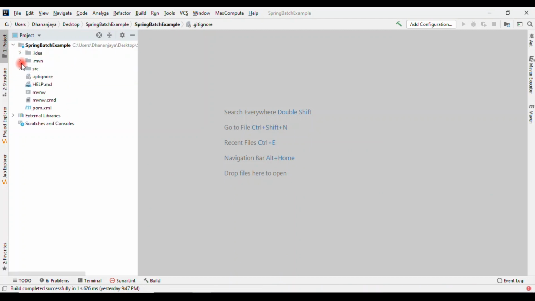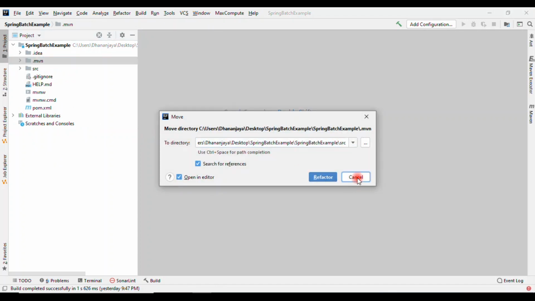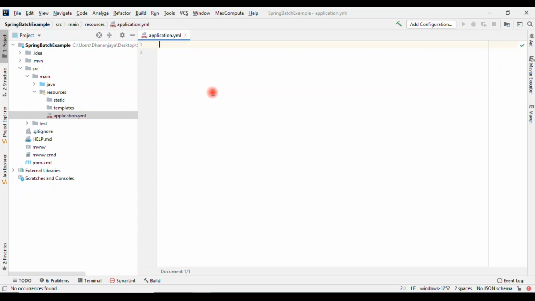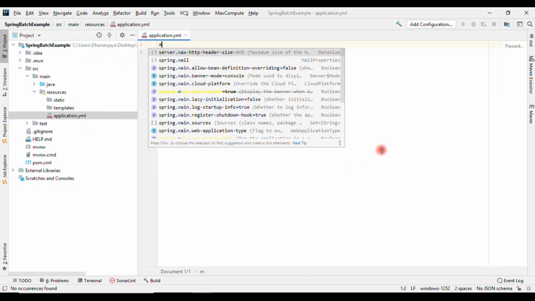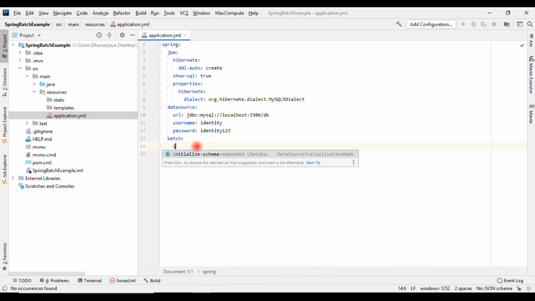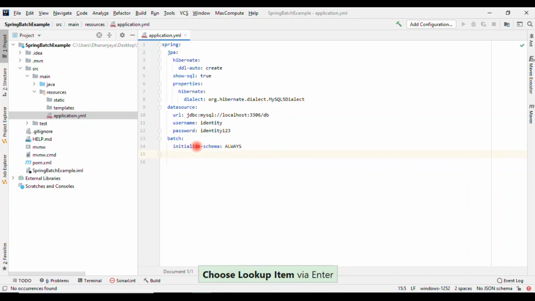The Maven structure is ready now. Let me go to the application.yml file. For MySQL I have a live template, so I will insert the live template here. Plus, here we need to add two more batch-related properties. Inside batch we need to add initialize-schema as always. Then we need to write job enabled equal to false. By default it is true, and whenever we start the application it will trigger the job. If you are not making that false, it will run automatically; we will trigger it manually, that's why I am configuring false here.